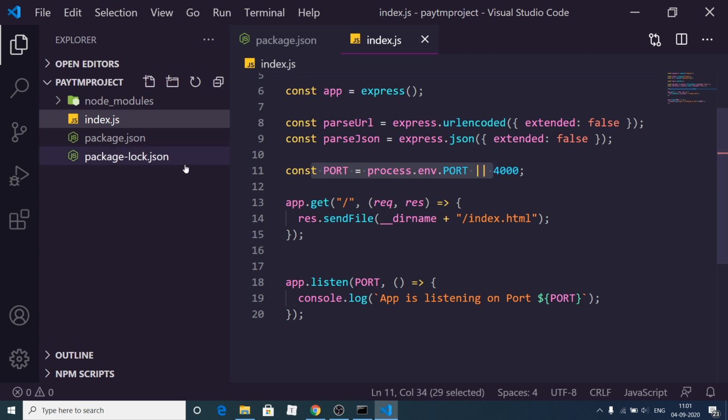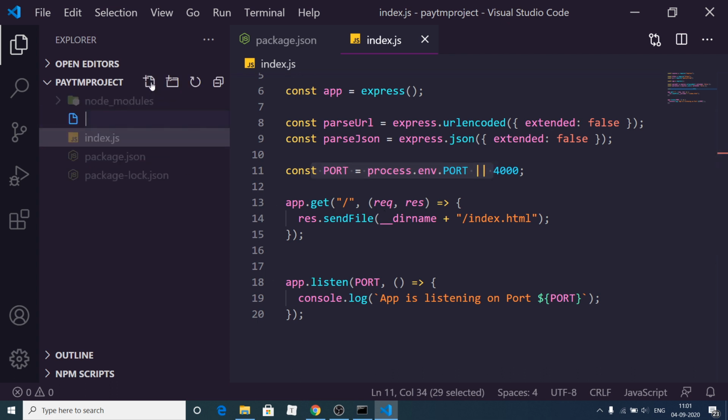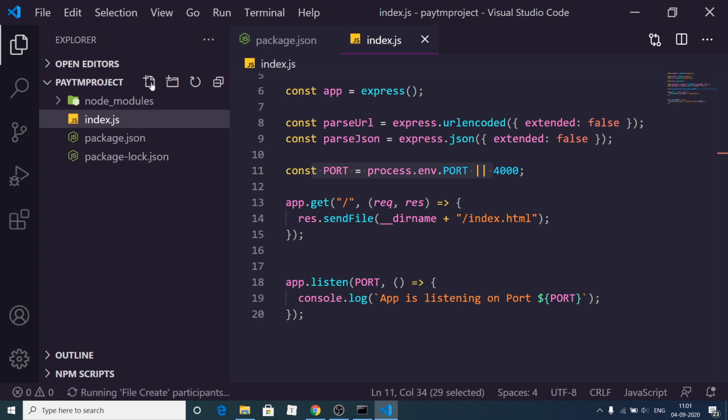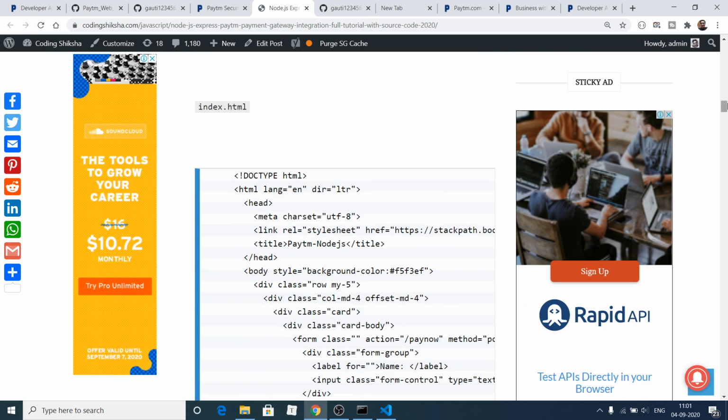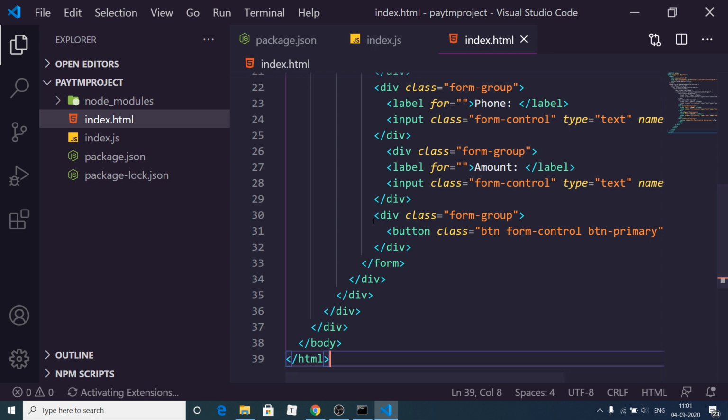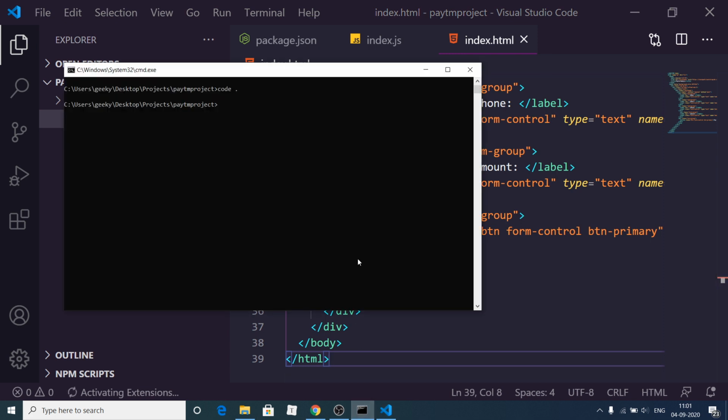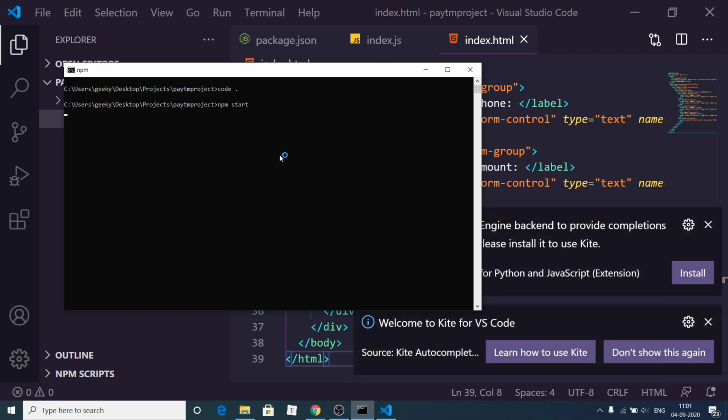When we open this home page, we need to create this index.html file in the same directory. So create it. Now we will simply copy paste the HTML code for the form. This is the code here, copy it, and here we need to paste it. Now we can start the application by invoking the command npm start. You will see your application will run on port 4000. So just wait, it is starting.